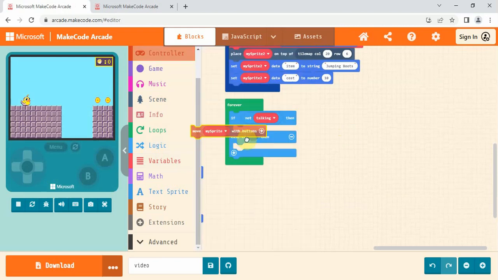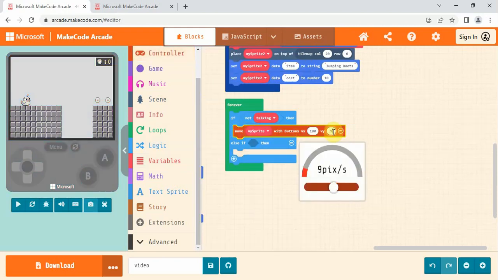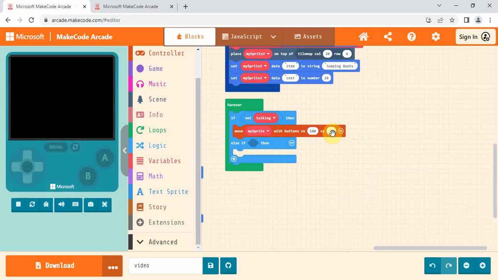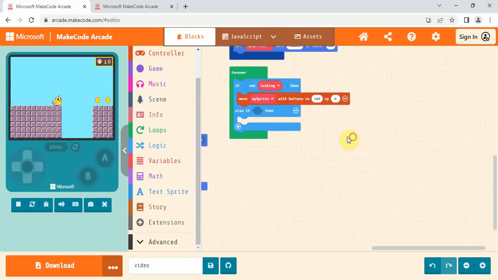So going to move my sprite with buttons, click the plus because I've got a platformer game. If you are doing a top-down adventure game, etc., you won't need to change this. But for me, my platformer game, you don't want to be able to fly, so I can't move up and down. And else if, and then we'll go into